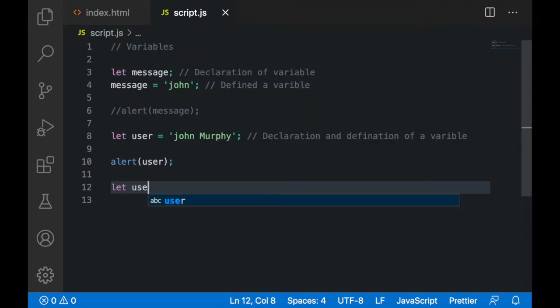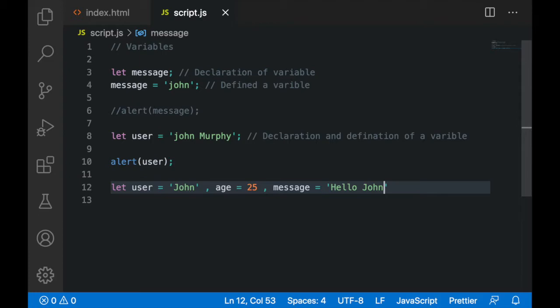You just need to type let, then let user equals, assigning it the string John, and then you need to write a comma, and then age is equal to 25. That is a number, so here I don't need to write any single quotes around this 25. Then I am writing message equals hello John.